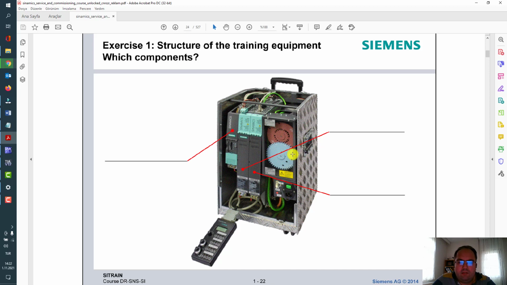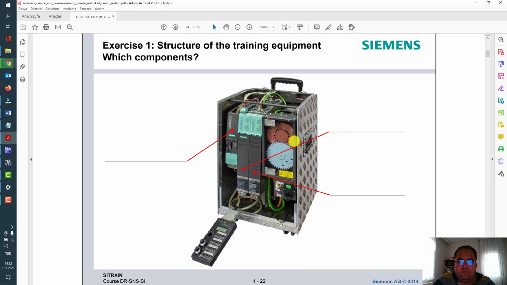Two different axes are located inside the demo case. It's easy to operate. You just plug in the main supply voltage, 220-230 volt input. So you see here the red and blue axis, just one control unit and one line module and a double motor module.